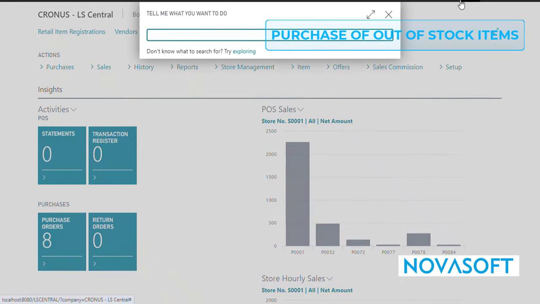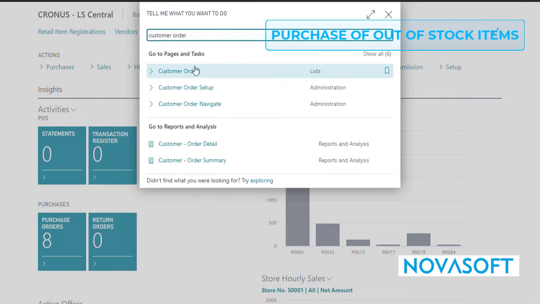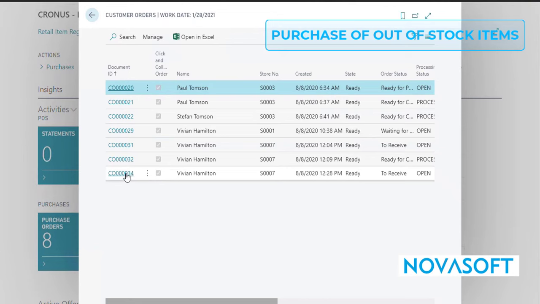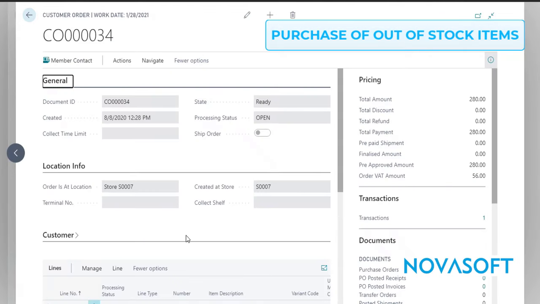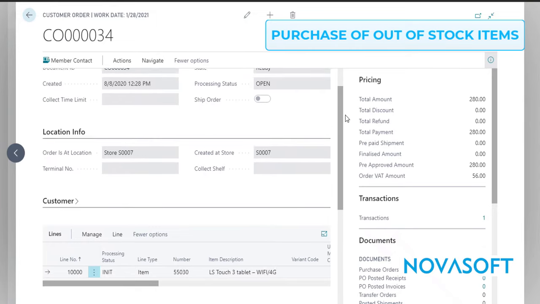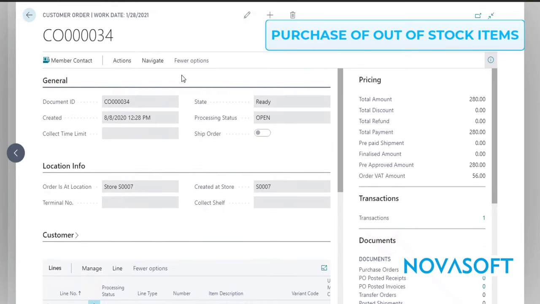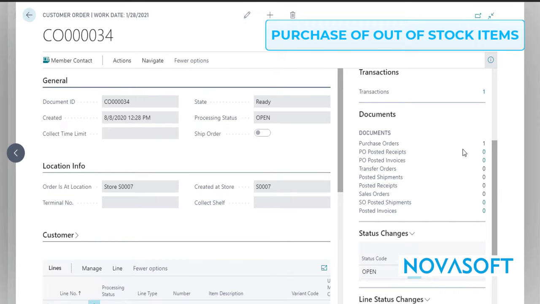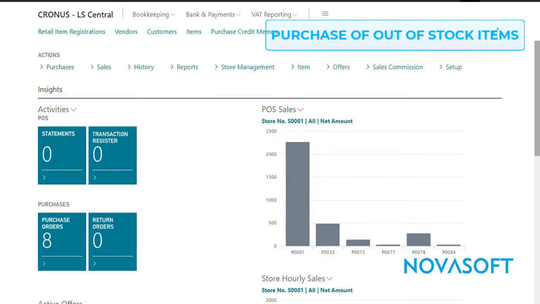The customer order has been created in the back office. Let us see the customer order. Order number 34, just created with the same item number. At the same time, you can also see one purchase order is also created. This is a purchase order. If we go to the purchase order list,